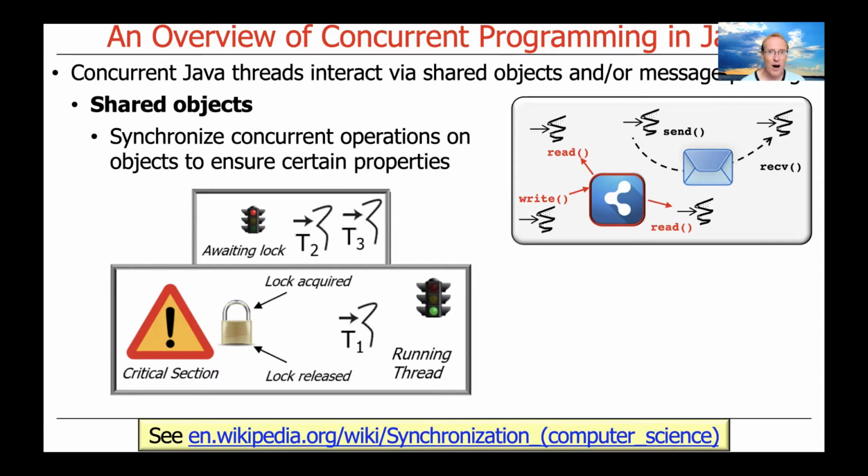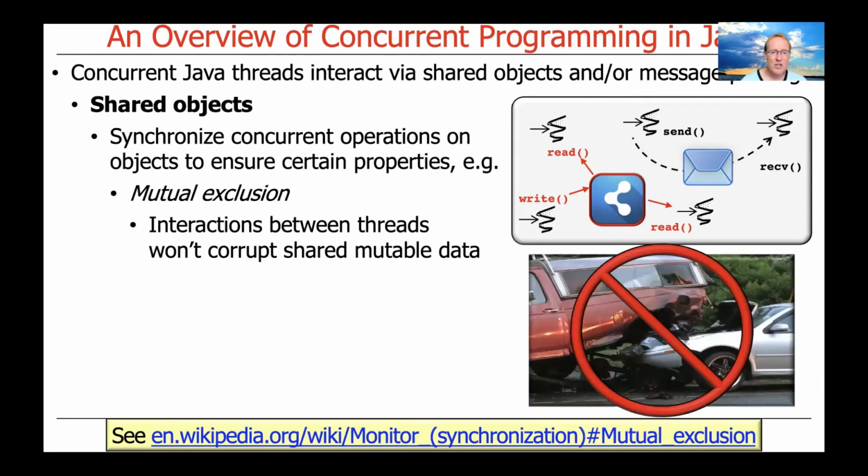And one of the most important properties, as we'll see in a second, which is kind of shown by this diagram, is that you want to be able to ensure mutual exclusion. And mutual exclusion is just a fancy way of saying only one thread at a time can be inside a so-called critical section accessing some shared mutable state. So that's kind of the foundation of all the synchronization concepts. So mutual exclusion is a useful property to ensure, to be careful and prevent threads from corrupting shared mutable data